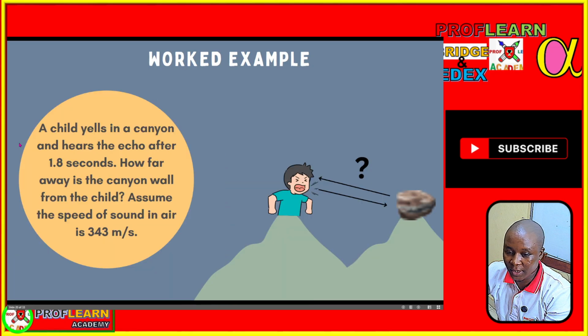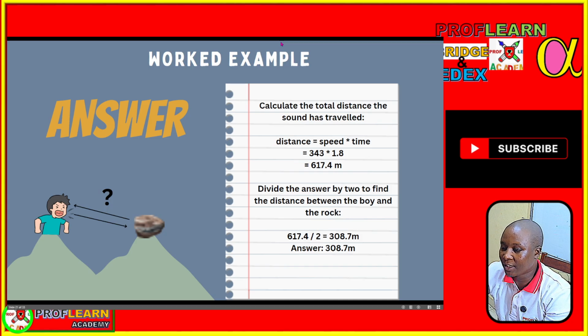Distance is speed times time. Then we work that out by saying 343 times 1.8, which is going to give us